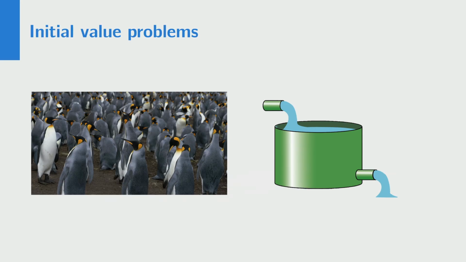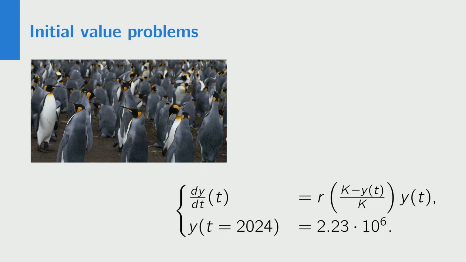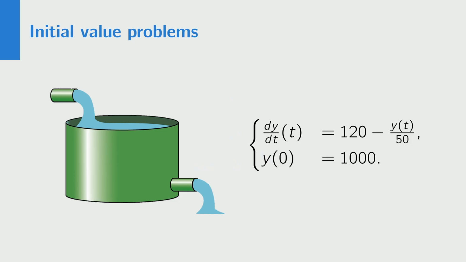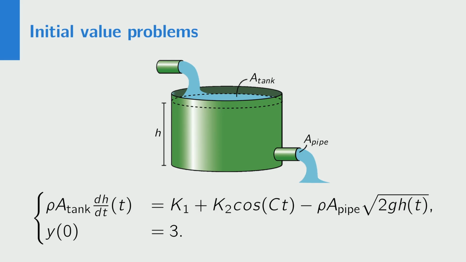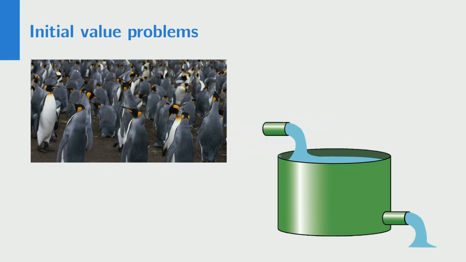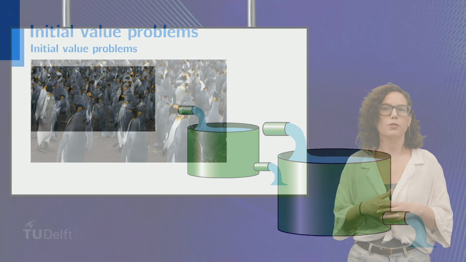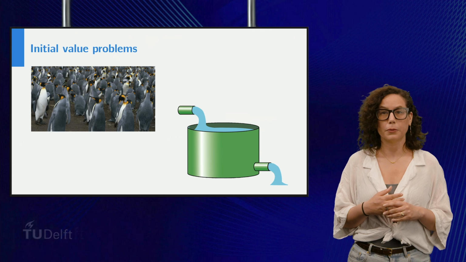Pictured are some common examples of initial value problems. The population growth model describing the population of the king penguin, the mixing model describing the change of a contaminant in an open system with in and outflow. As a third example, one can also describe the height of the fluid in this tank. Given a periodic inflow and using the law of physics to determine the outflow, this results in the initial value problem on screen. These three models show the rate of change over time given a certain start value.